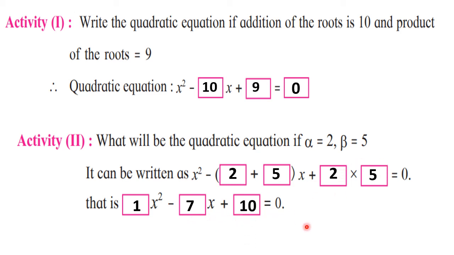So in this way you can complete the activities which are very easy, but to write it correctly, as I have said, you must learn that equation by heart. Once again I am repeating it, x square minus (alpha plus beta) outside the bracket x plus alpha beta is equal to 0. So alpha plus beta means addition of the roots and alpha beta means product of the roots, okay, as we have seen in that particular topic. Okay, now students, today I am stopping here. We will discuss the remaining sums and also the practice set 2.5 in the next lecture.